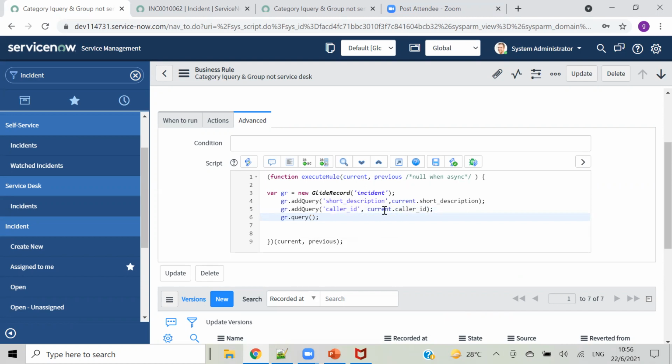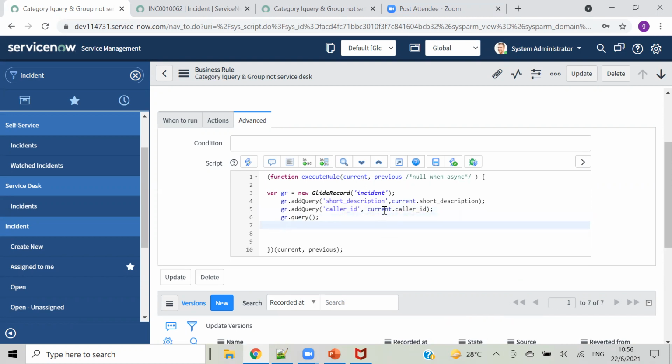So then gr dot query. Okay, so this is similar to my LINQ query. First here, I am accessing my incident table. After that I am applying some condition: if short description on the table is matching short description on our form, then it should populate.